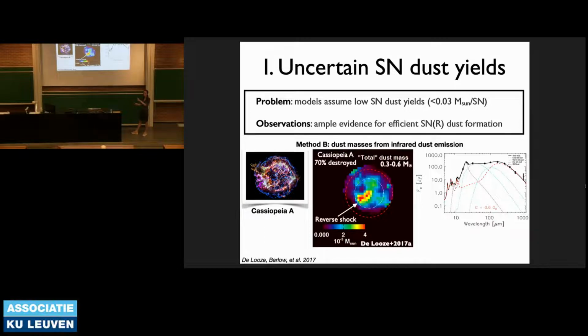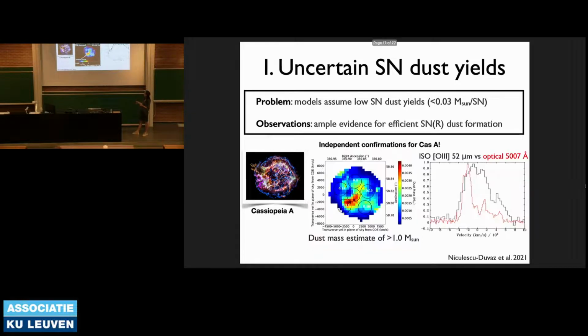This is, of course, not the best way to calculate destruction efficiencies from reverse shock processing, but it does give us some rough idea. And in the end, we get a total dust mass of around 0.3 to 0.6 solar masses. To give you an idea, because I now focus mostly on the low redshift universe, but in the high redshift universe, if we want supernova dust to produce most of the dust that we observe in these galaxies, we need each supernova to produce between 0.1 and 1 solar masses of dust. So with this number, we're actually very close to the number for supernova 1987A, and it's quite a high number.